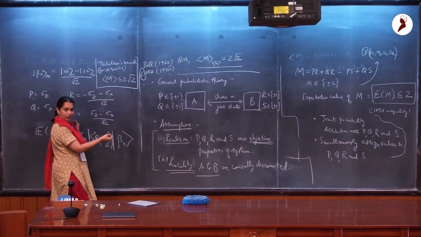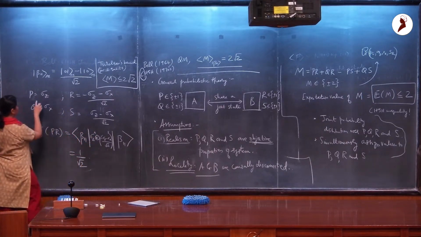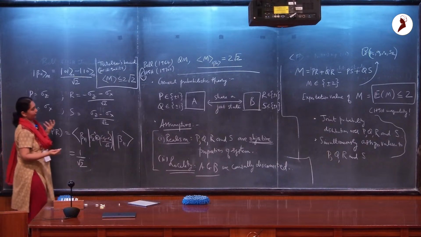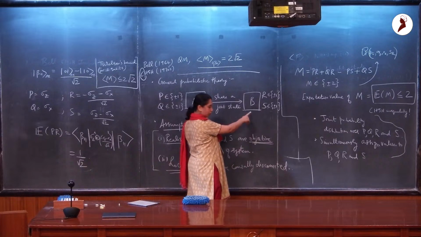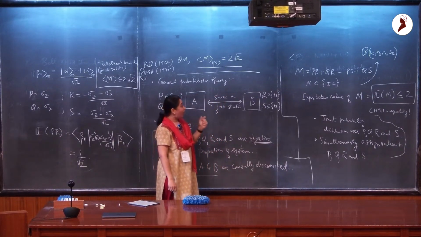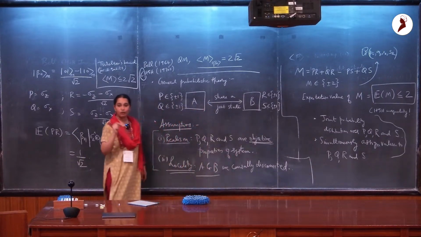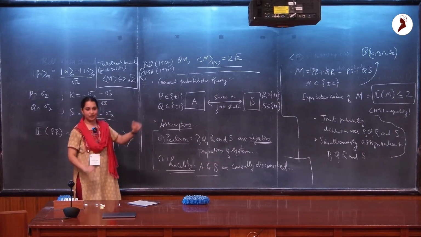The other ingredient is this particular set of observables. For example, if A and B were in a product state, you are not going to see 2 root 2,